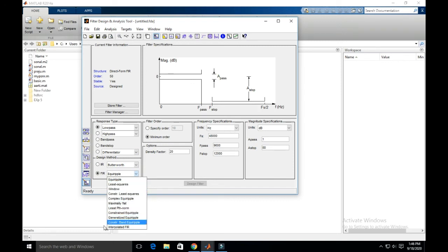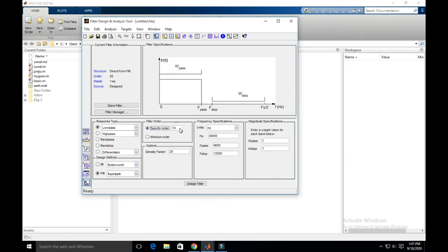Suppose for example I select FIR filter and I want to design a FIR filter of a particular order, you can select a particular filter order. Here I have already taken 10, you can take 5, 7, 8 as per your example. Then we have to define a density factor. Again I will take it as it is. If you want to change, you can change. Then the frequency specification is hertz, kilohertz, megahertz, gigahertz. In that, as per your design method, you can define the sampling frequency.